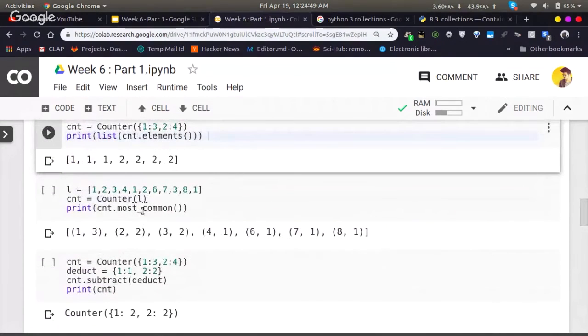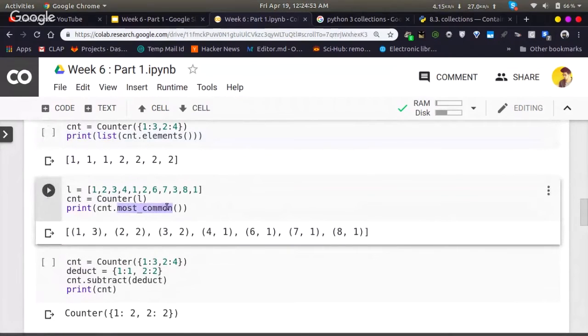I can also get the most common elements inside this list using the most_common method inside that object. We can see that 1 is the most common and it is being repeated 3 times, followed by 2 repeating 2 times, 3 repeating 2 times, 1 is only occurring once, 6 is only occurring once, and this is the list